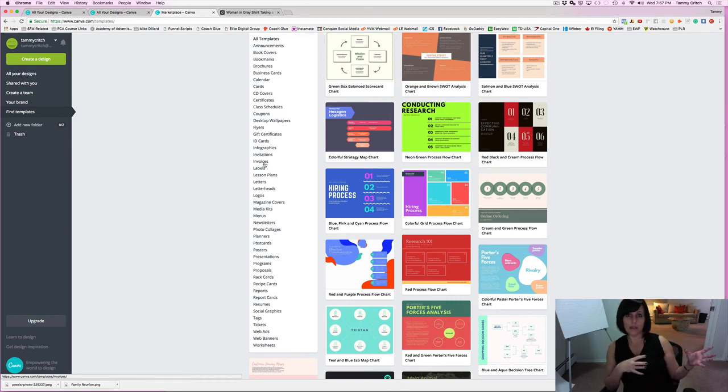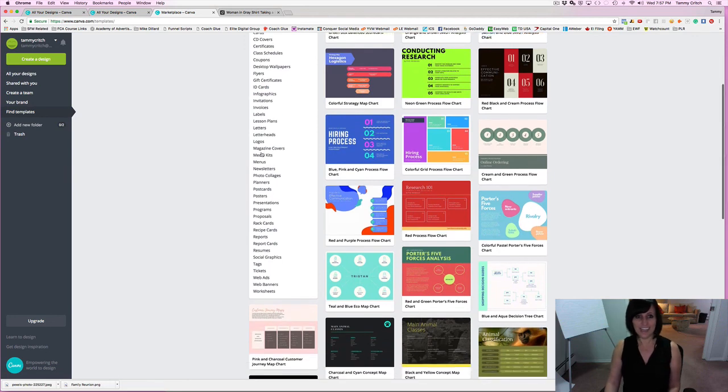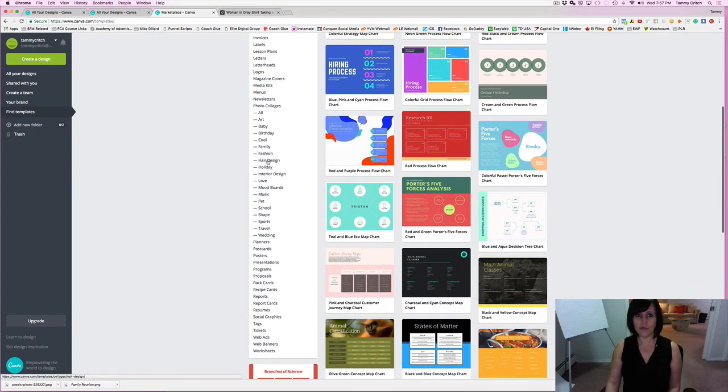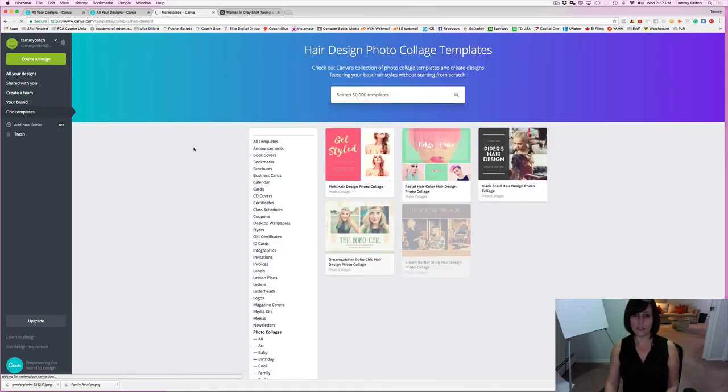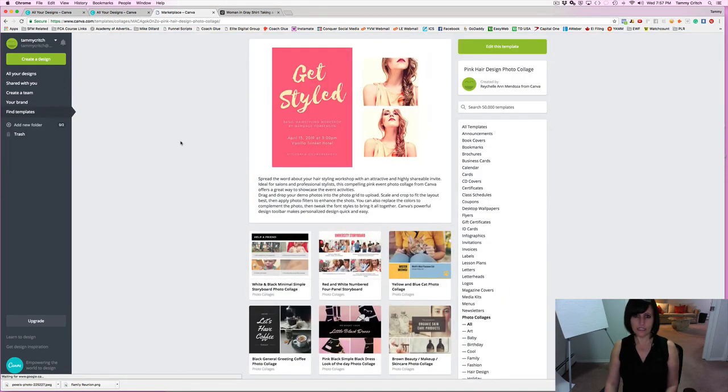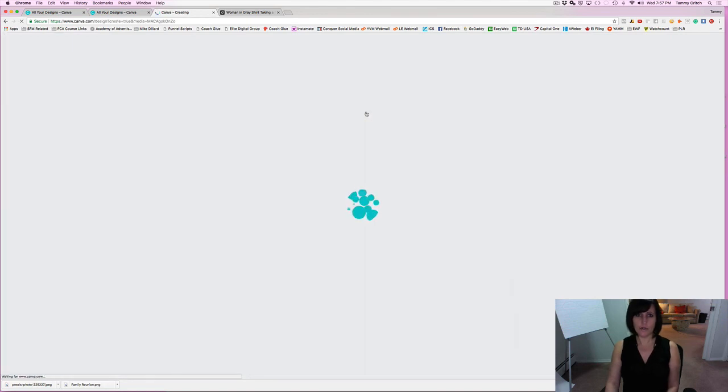They're going to be the same things that you selected in the layout section or the main menu when you come in, but you may find it a little easier to go, oh yeah, okay, this is listed alphabetically, so if I'm looking for photo collages, then I can just click here, and if there's something specific, these are all categorized, then I can just pick hair design, and let's say I want to use this one. So now I'm going to click on it,